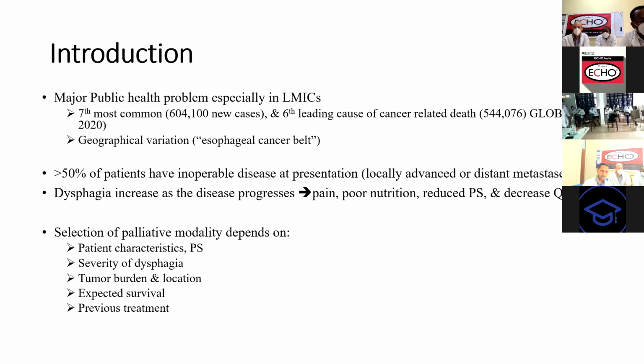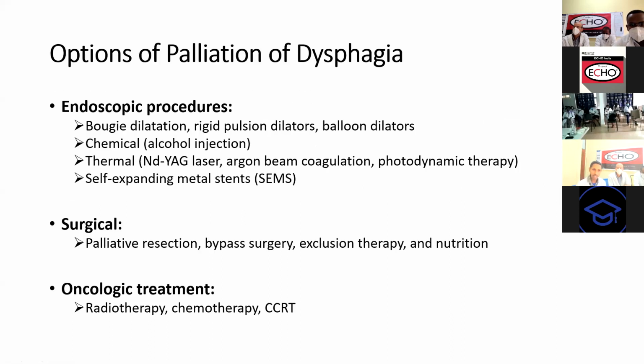So the selection of the palliative treatment modality depends on different factors, especially the patient characteristics, the presence or absence of comorbidities, performance status, severity of the dysphagia, the tumor burden, and the location are also very important in selecting which modality to use. The expected survival should also be considered, and the previous treatment that the patient took should also be considered when we consider palliative treatment for